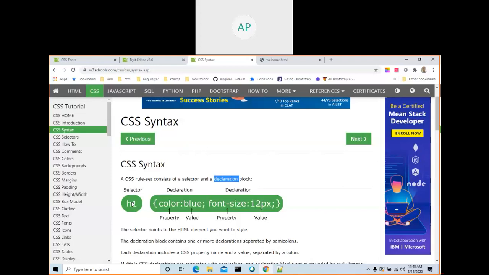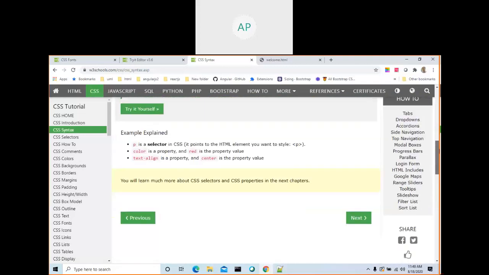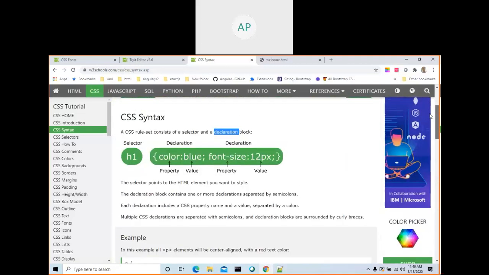Selectors can be tags like body, H1, paragraph, UL. You can apply CSS based on the tag name: body, HTML, paragraph P, A tag, UL tag, LI tag, div tag. So you can apply CSS at the tag level, and there are some other ways also. We will look at them one by one.